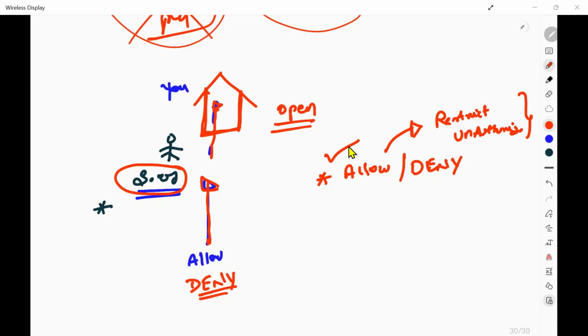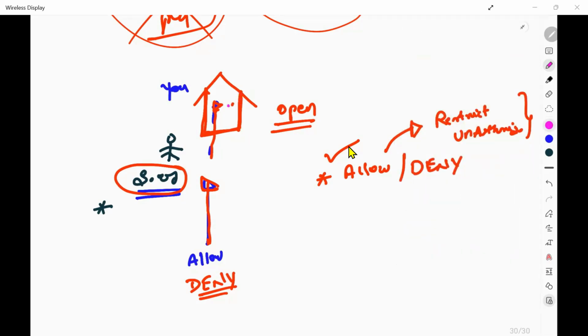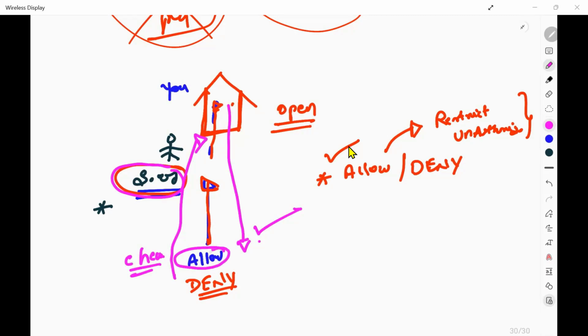Now please tell me, while coming out of this premises, is this security guard going to check this person again? He will check only while entering into this premises. At that time, he'll allow that person inside your home, correct?